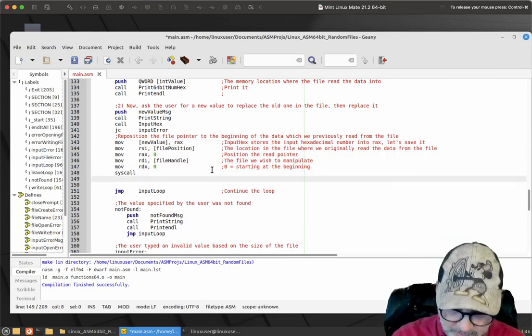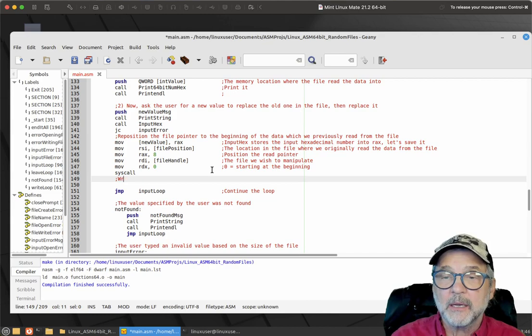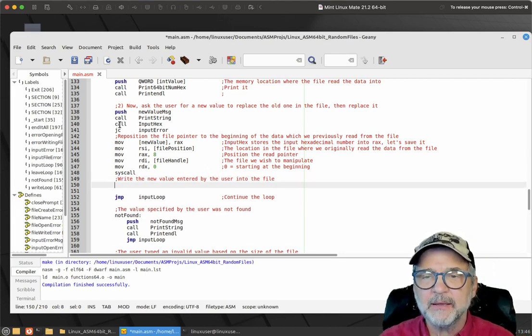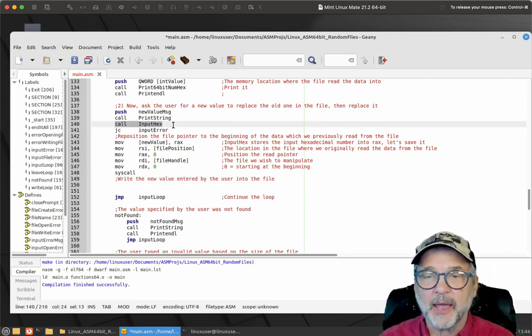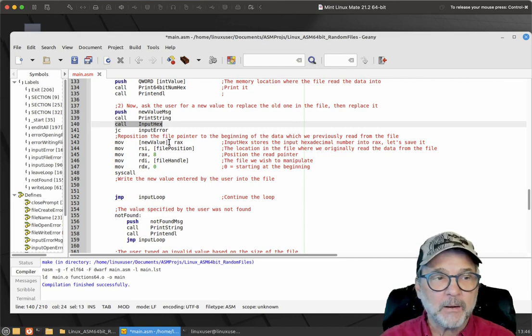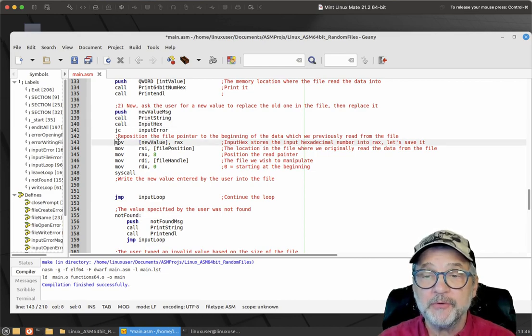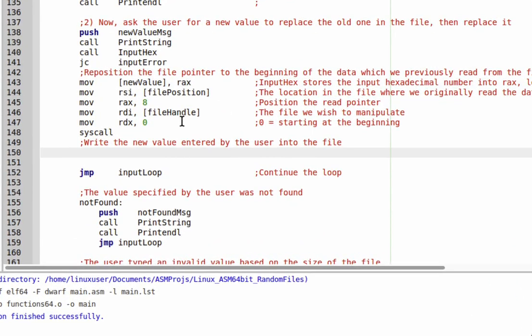Now let's write it. Write the new value entered by the user into the file. And that was the data that we used up here in the input hex. Now, there's a little bit of a problem here. Oh yeah, no, there's not. We did it. We actually moved the value the user typed in into new values. So we do have that in there. All right, great. So we're going to move into RAX 1,